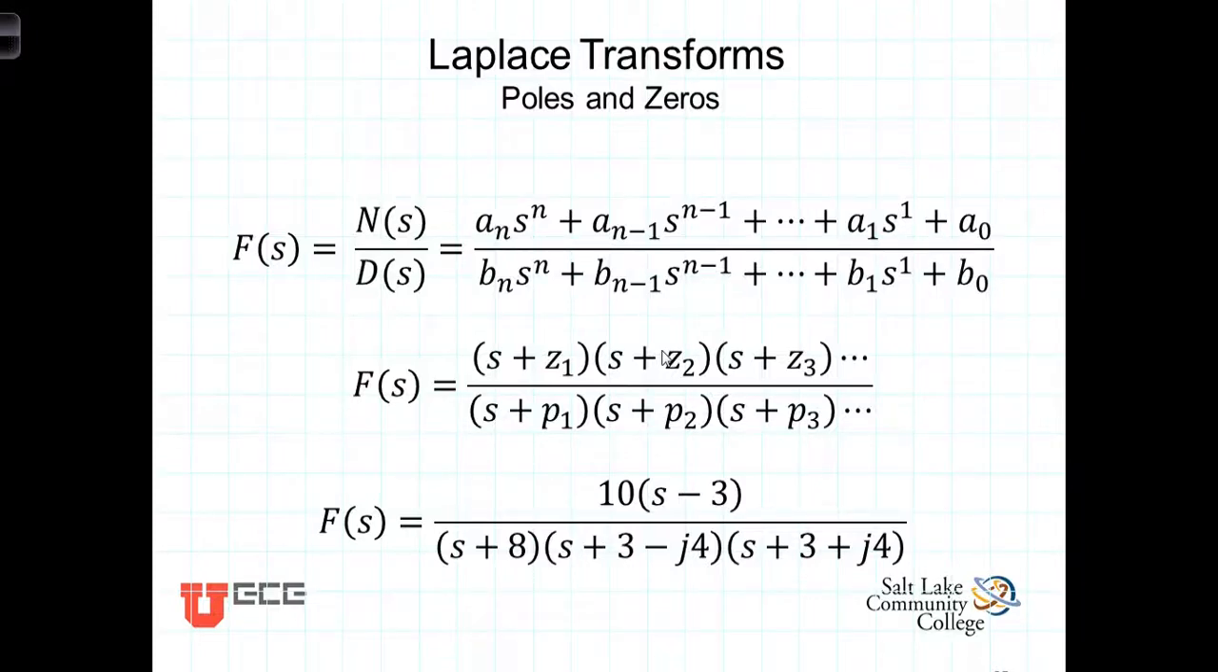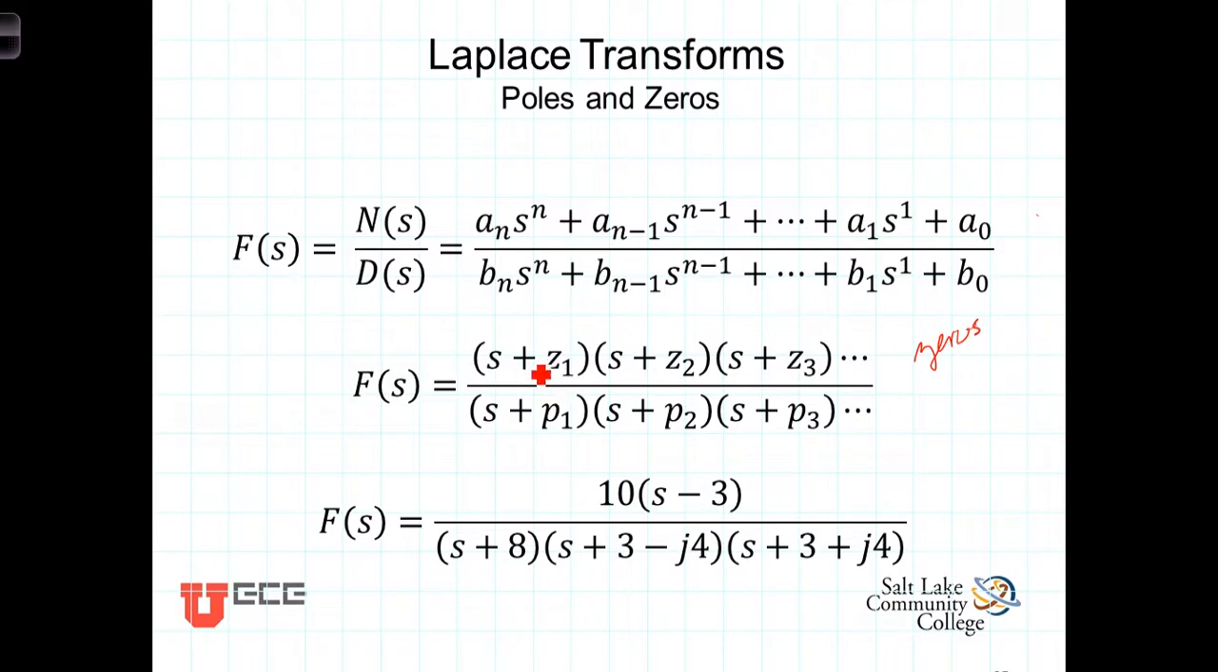As we've seen, the functions of s in the frequency domain are rational functions with polynomials in both the numerator and the denominator. We can factor the numerator and denominator polynomials into their factored forms, so that the numerator can be written as s plus z1 times s plus z2 times s plus z3, where these values of z are known as the zeros of the function because they represent the values of s that cause